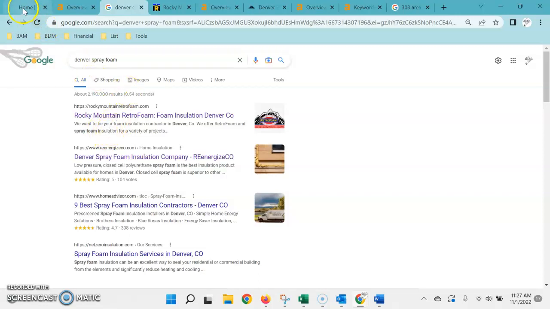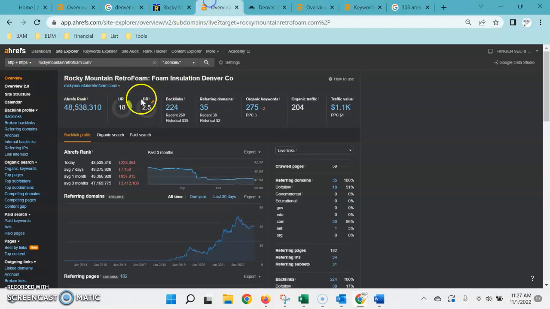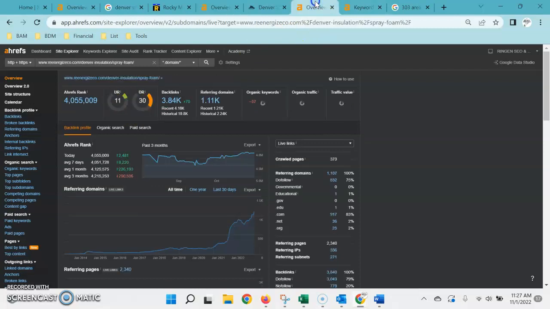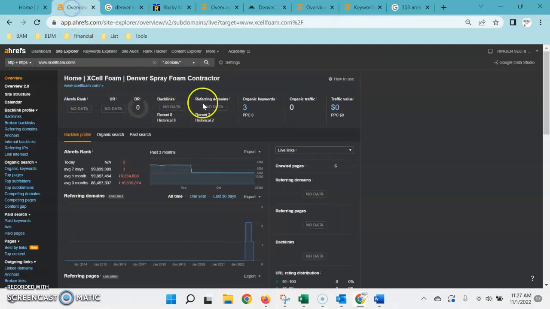So for comparison, I've taken your website as well as these top companies here for the search of Denver spray foam, and I put them all into this tool that I use. It shows me all the information that Google finds when it crawls your site that it uses to determine your position in search results, and then rates its strength and trust on a scale of 1 to 100. So you can see, just briefly looking at some of these numbers, why these companies are outranking yours on the first page. But let me go into a little bit further detail on what these numbers mean and then how you can improve them.